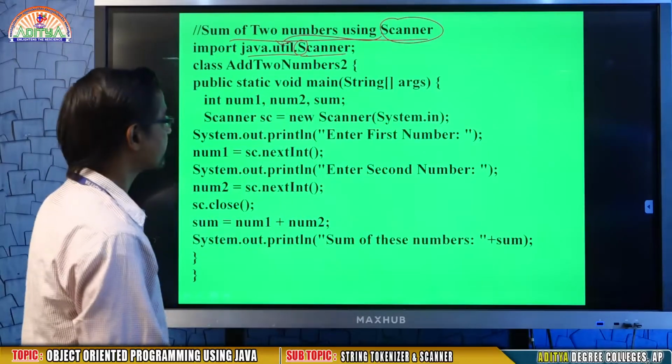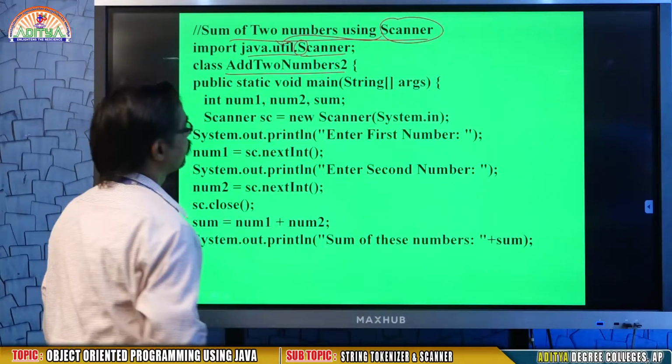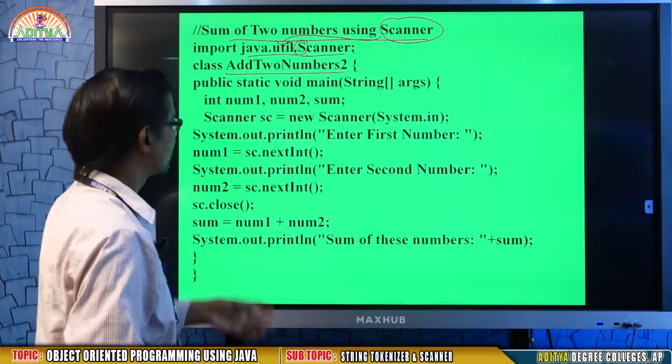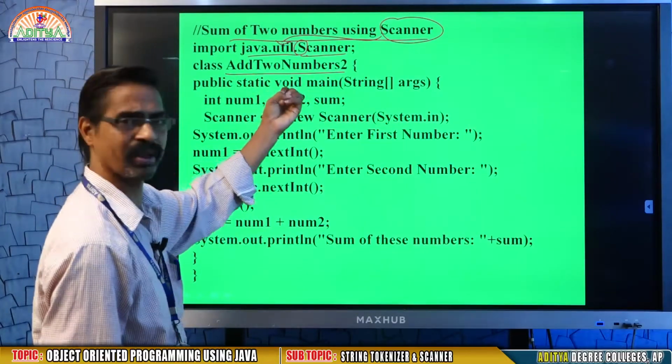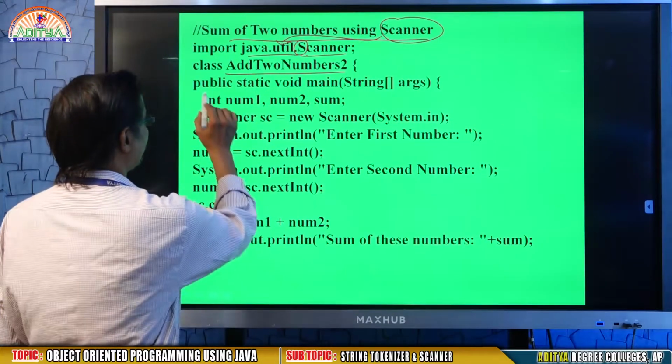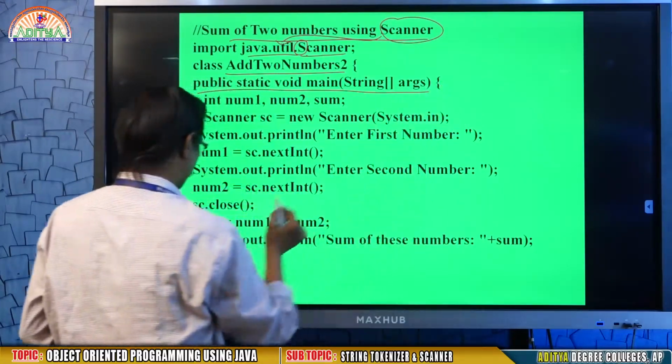Okay. Now coming down, the class name. Here I am going to mention the class name, AddTwoNumbers, or any name you want. Then public static void main(String args[]). This is the main function.